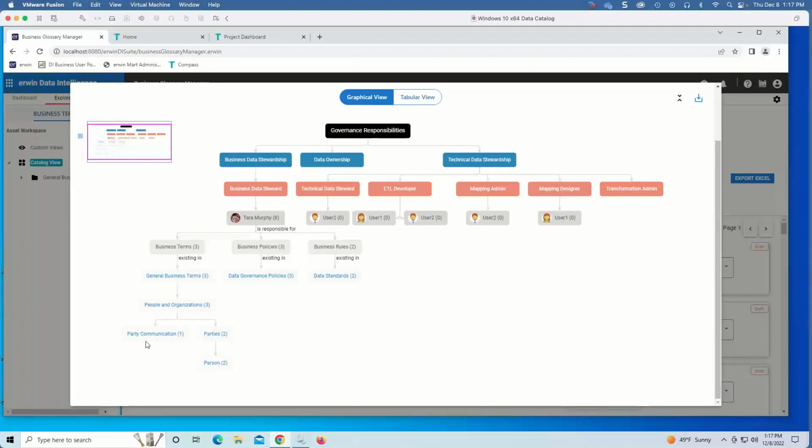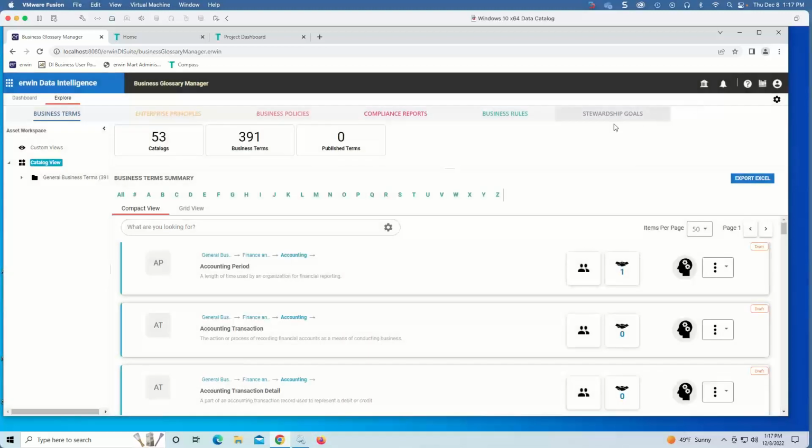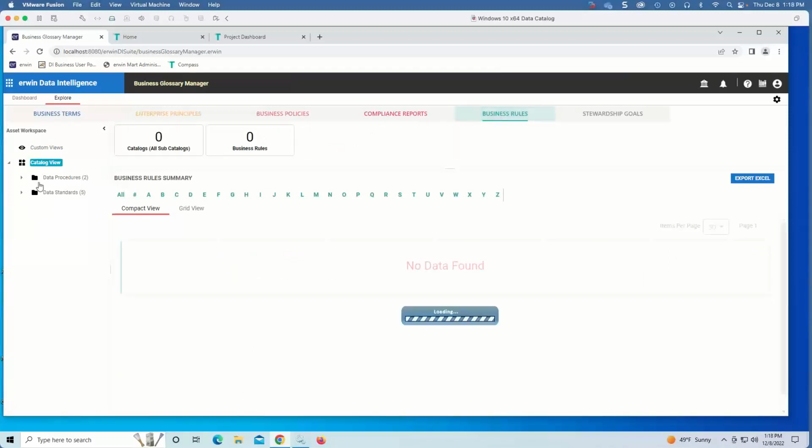So listings of certain business terms like parties and person. I know that this person is responsible for that business area. I also know that this person is responsible for 3 data governance policies and 2 data governance standards. So on that note, one of the things that I also want to be able to do is I'd like to know essentially where I can find the standards that relate to certain things. So within my business rules here, I can see that I've got my data procedures and I have my data standards. So within my data standards, I want to be able to see what standards are available